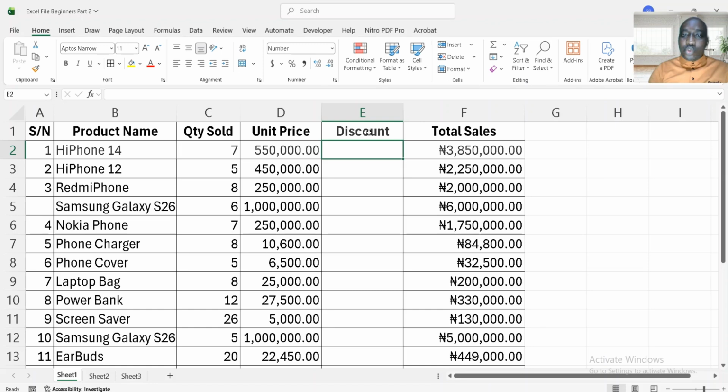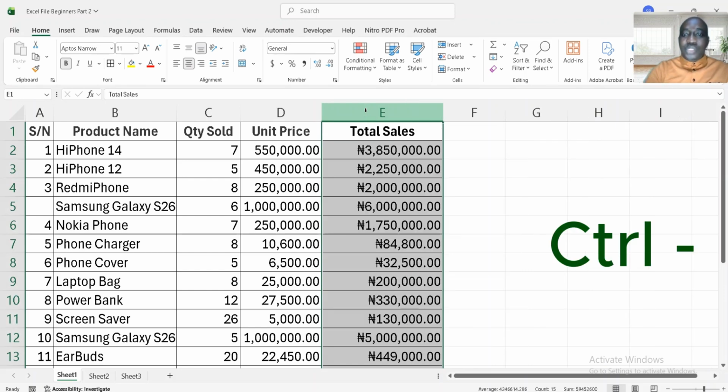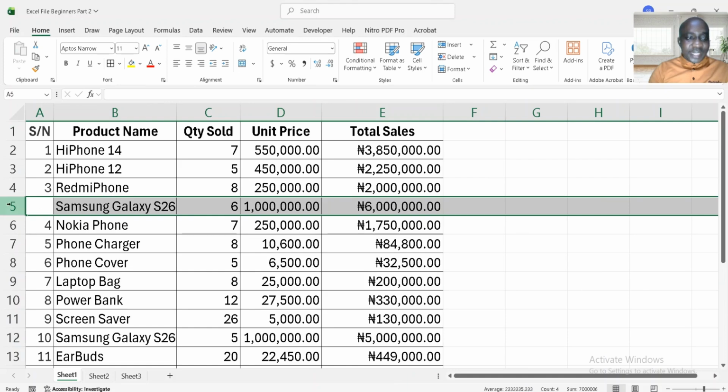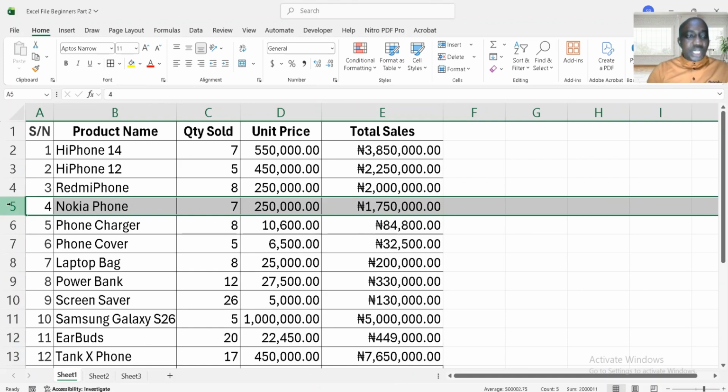And if you want to close it, you can highlight everything like this. After you highlight it, press Ctrl minus. It will close the gap for you. And the one I created here, if I want to close it, just press Ctrl minus. It will remove that one automatically. Or